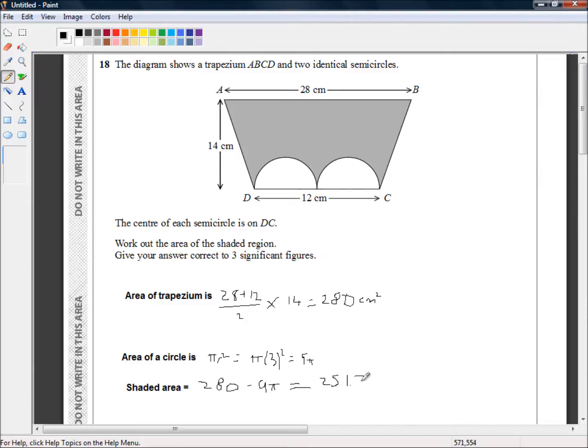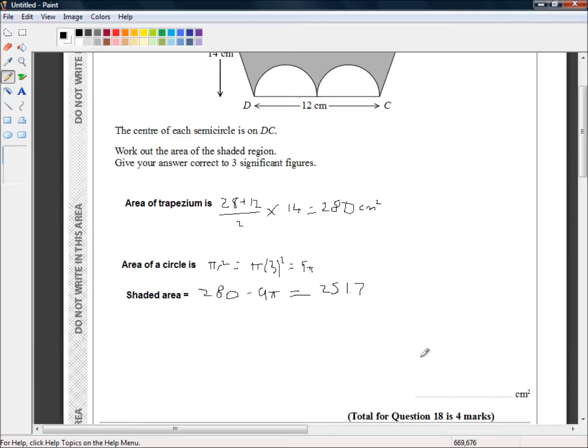And lastly, we're told to give the answer correct to 3 significant figures. Well, we've got 4 significant figures here. Remember, bigger than 1 with a decimal point, they're all significant figures. So we want to round up this 1 because this 7 is equal to or bigger than 5. So the 1 rounds up. So the answer is